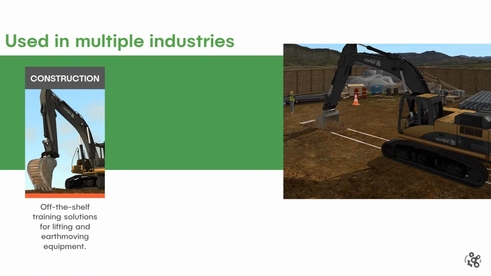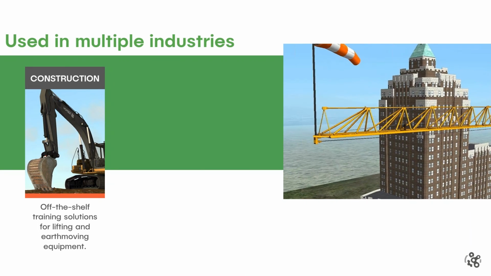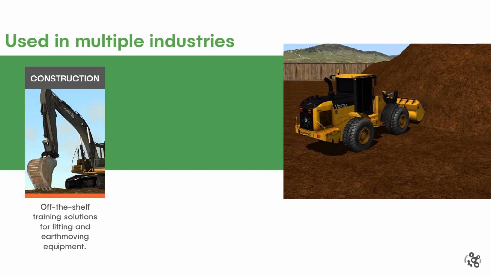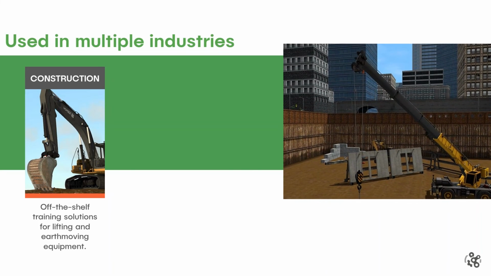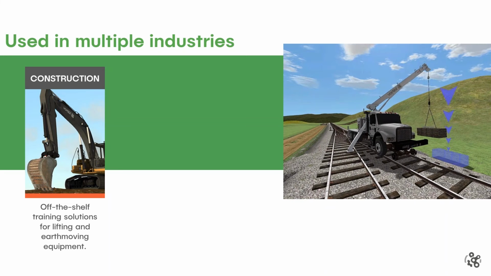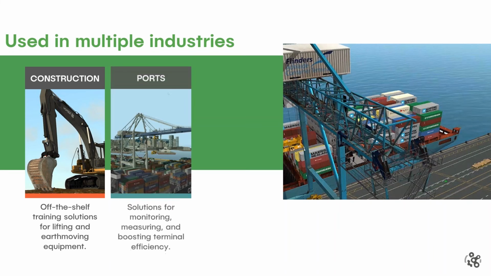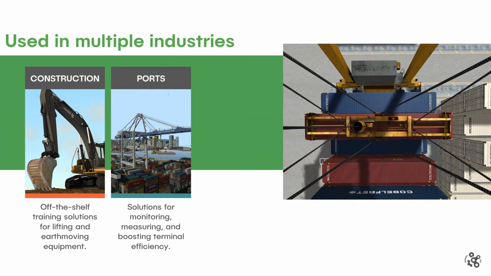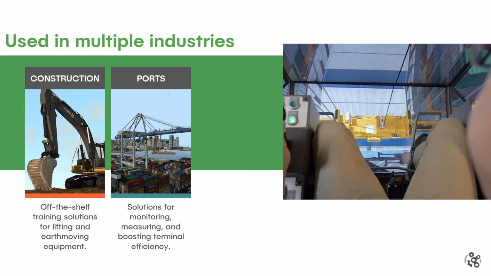So construction, again, is our bread and butter. Construction breaks down into cranes and earthworks. There's a picture of the tower crane there. The earthworks side is where we really try to differentiate ourselves, in that it feels like the real equipment. The cranes feel like the real equipment. As it goes on, you'll see that that's the way we're approaching things: we want to make sure that when you're sitting in the seat, you're getting experience, you're having a little anxiety, you're gaining respect for the machine.